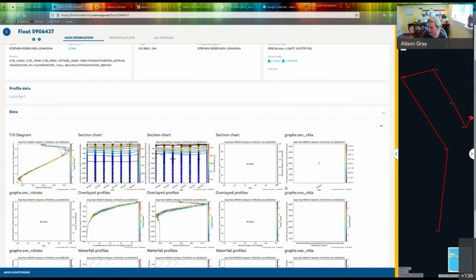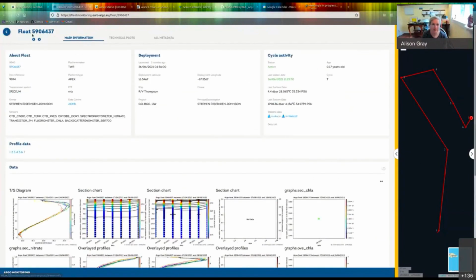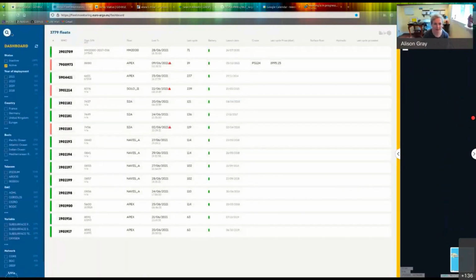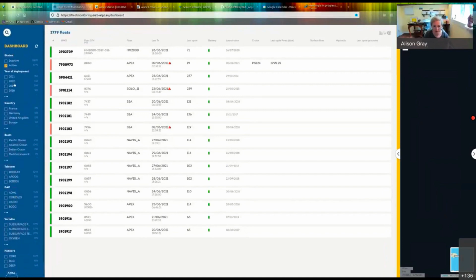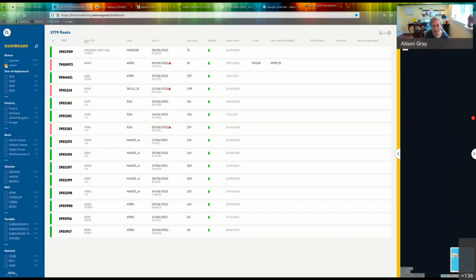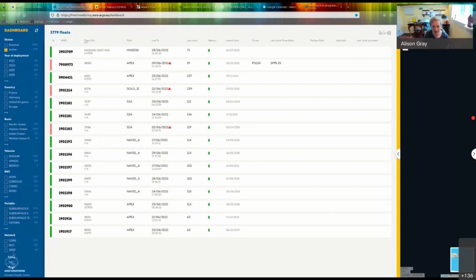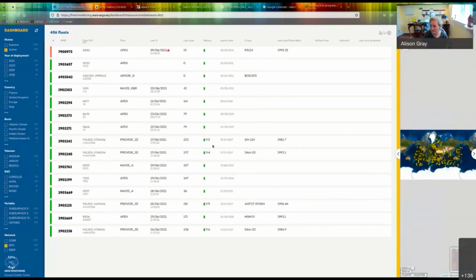So this is a really handy website to go to, and it's also linked on that main data access and visualization page, but this is the main page for the fleet monitoring from Euro-Argo, and you can select floats from all sorts of different parameters, and you can go down here to BGC, get only active BGC floats, and